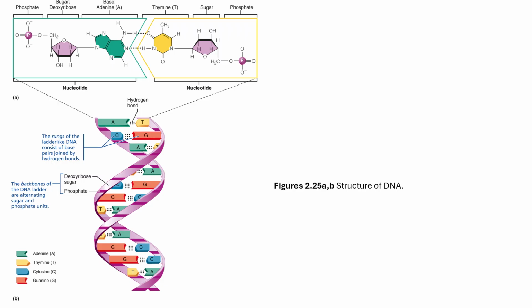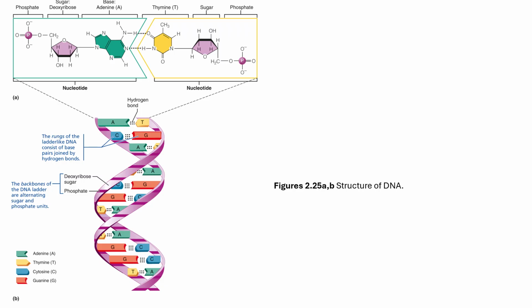This other nucleotide here gives a phosphate group, a sugar, and a different base, a thymine. So this yellow box here represents the T, thymine, and this green A box is this over here. So on the double helix, you're going to see that adenine always forms a bond with